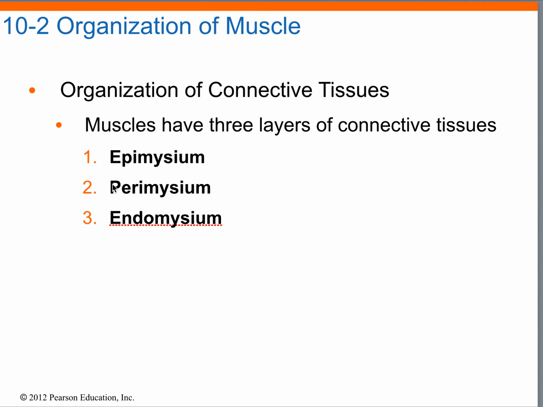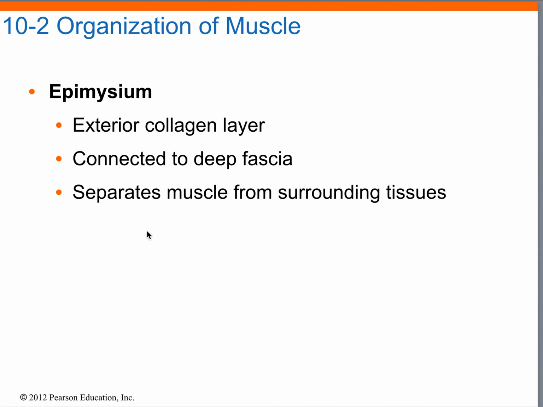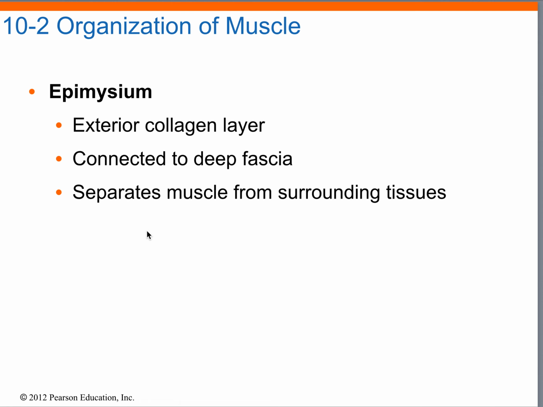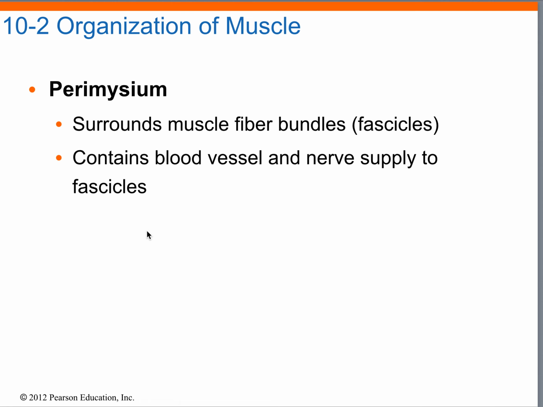Perimysium, peri means around. So epi is upper, peri is around, and endo is inside. So which one do you think is the outermost? Well, it has to be epi. Which one is the second? Peri. And which one is the innermost? Endo. So endomysium, perimysium, and epimysium. And let's see what this looks like. So that's great to memorize the definitions, but it's better